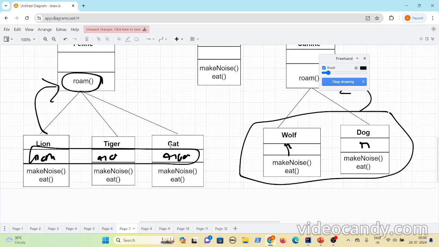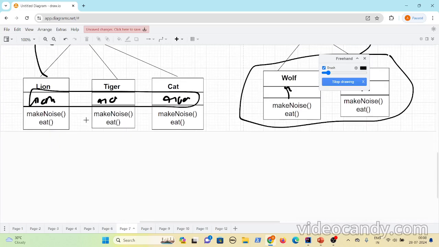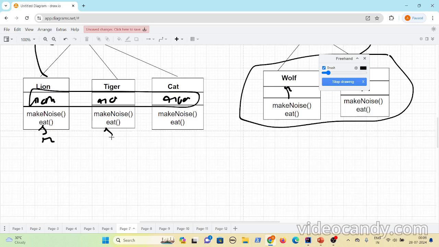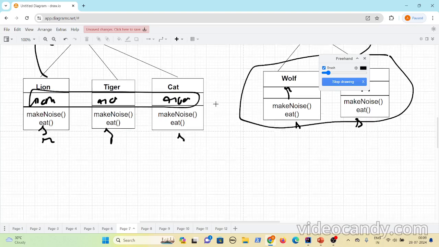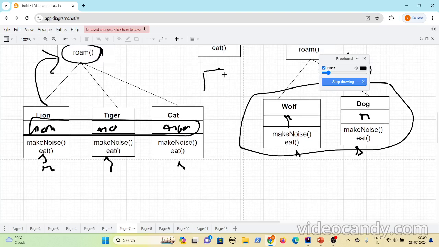So initially, if you see, you have make noise, you have sleep here, you have roam here. Like let's consider sleep method. You found that sleep method is same for all these classes, and then what you have done is you have created a superclass, and you have moved the sleep method to the superclass, and all these classes will inherit it.